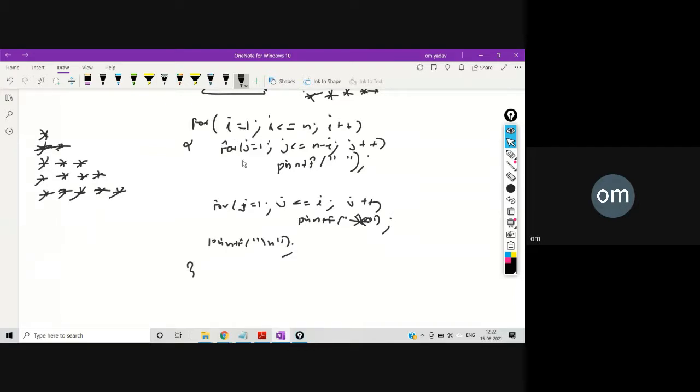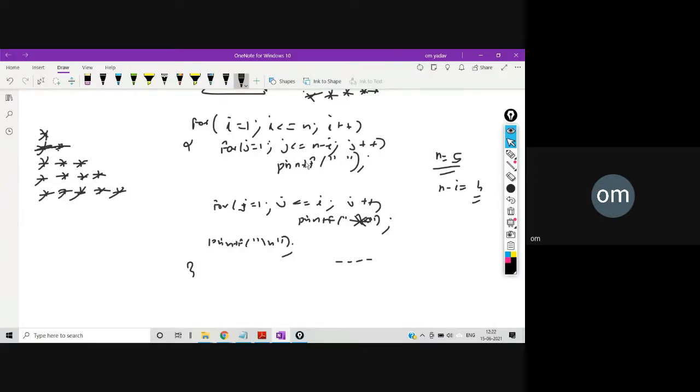So for i equal to 1, this j loop will move n minus i times. Let's say if n we take 5, n minus i value the first time is 1, so 5 minus 1, that is 4. So this j will move 4 times, and 4 times it is going to print space. Let's represent this space by this minus sign. So 4 times it will print this space.